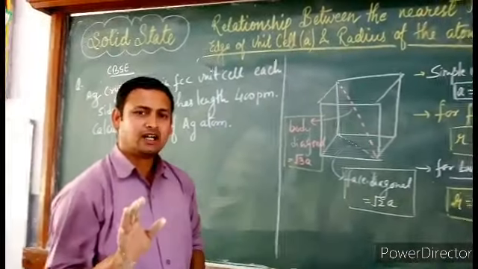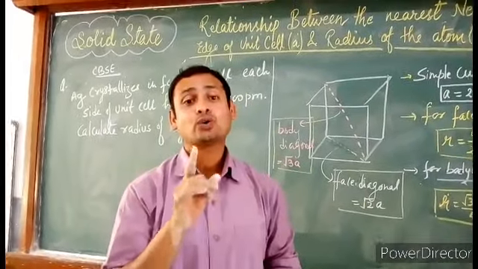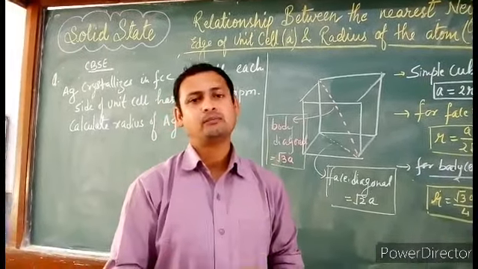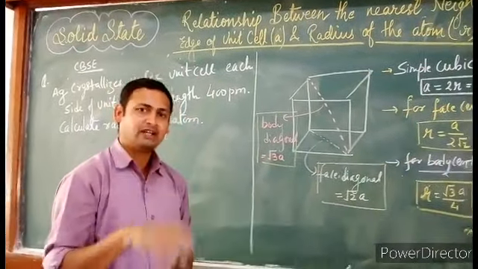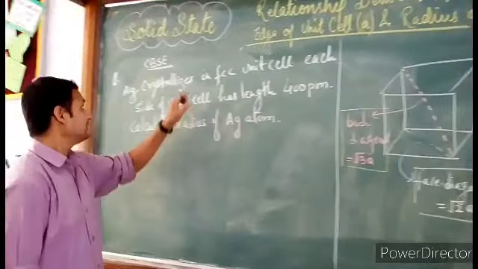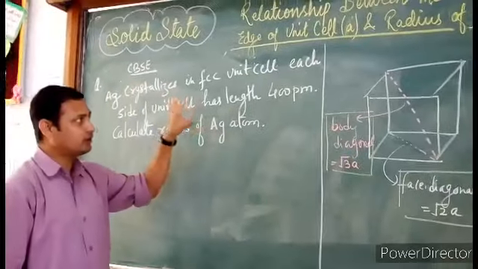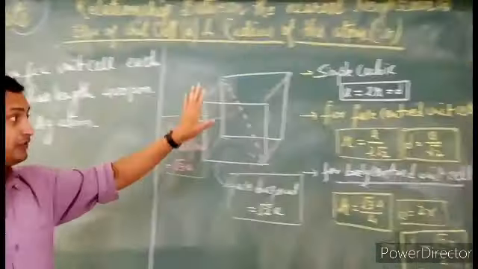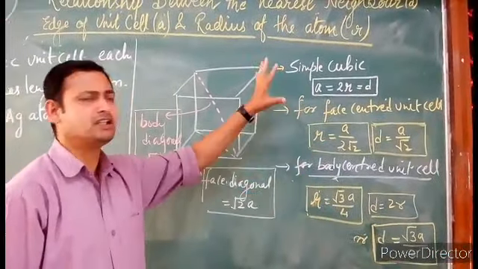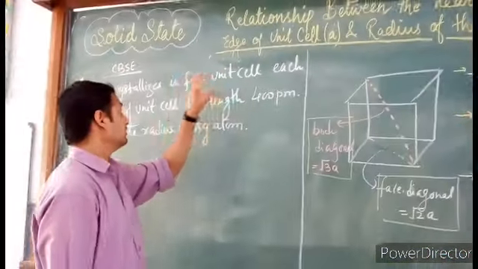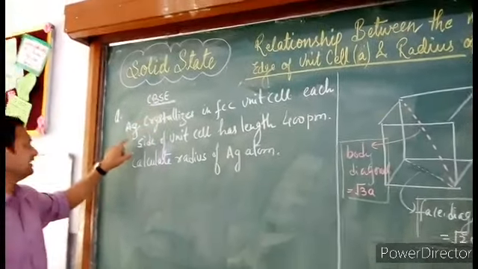So now dear students, after learning all these relationships, the main thing is how questions will come in your board exam as well as in the competitive exams. So for that, let's take one question from the CBSE board exam. Before solving this question, you must know that we have to mug up these formulas and relationships. Then only we will be able to solve the questions quickly. So I have taken one question from the CBSE board exam. The question is something like this.